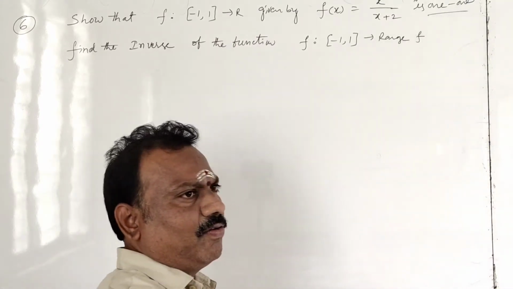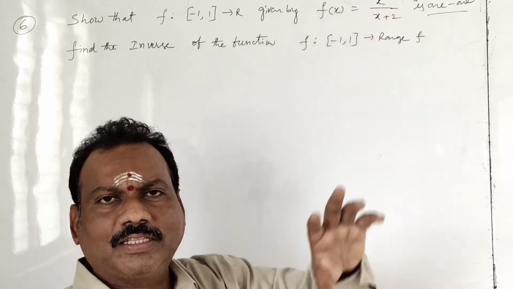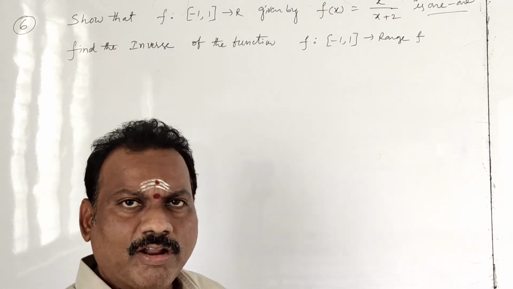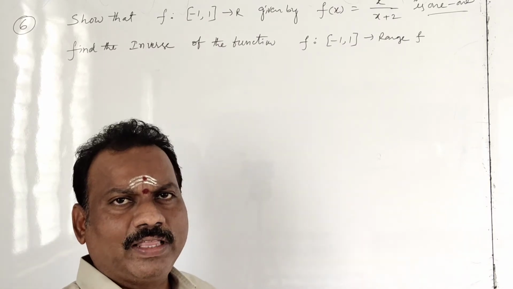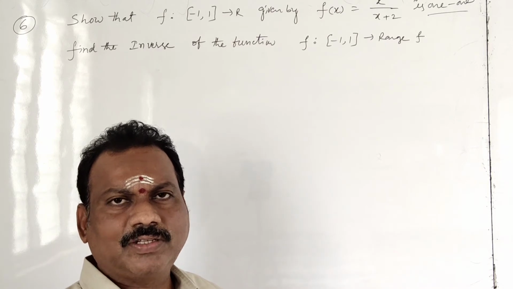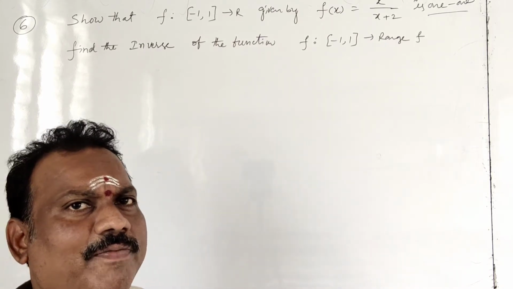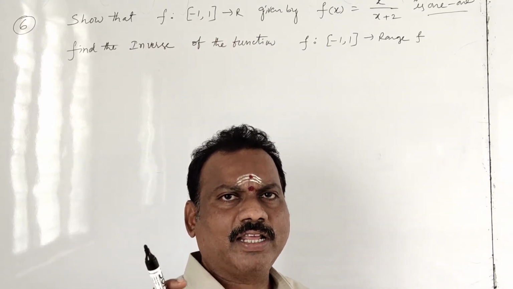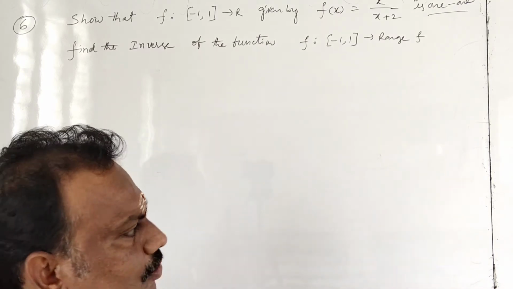You know that when given a problem like this, you prove 1-1 by the mathematical definition. What is the mathematical definition of 1-1? Let you pick 2 elements x1 and x2 in the domain: if f of x1 is equal to f of x2, that implies x1 is equal to x2, or else f of x1 is not equal to f of x2 implies x1 is not equal to x2. If you proved this, then it is a 1-1 function. Like that we will go through it.